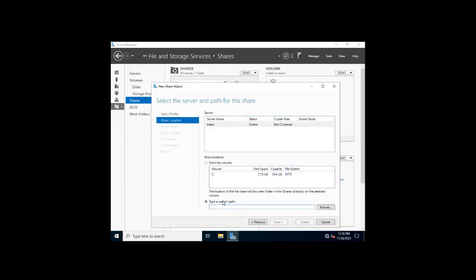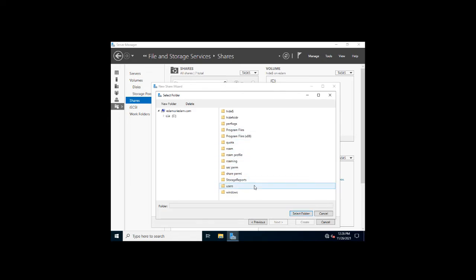On your machine you can select any path, and you can select a NAS drive as well. But here I will be creating a folder on the C volume. Click on Browse. In the C volume I am going to create a new folder. You can give any name here.